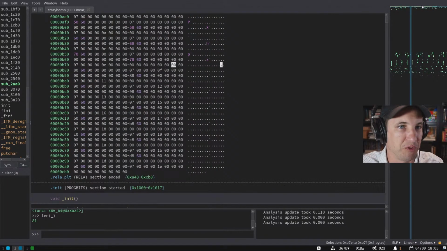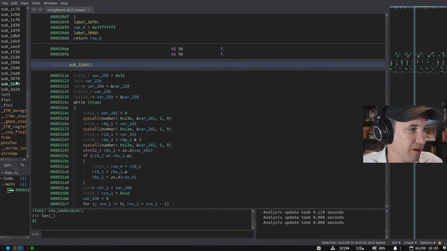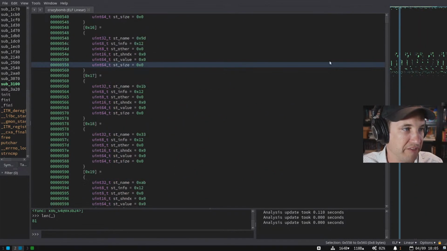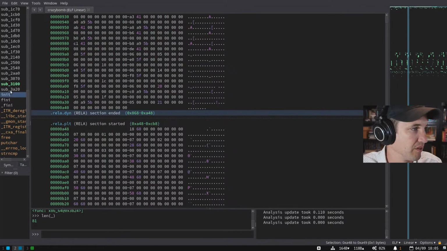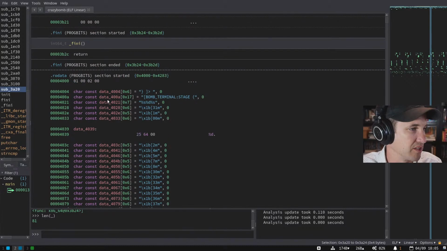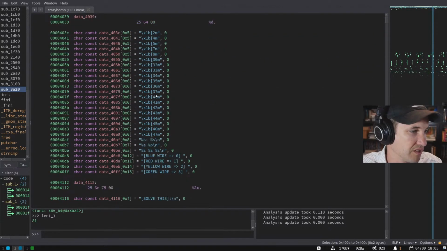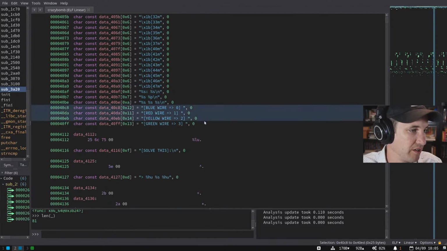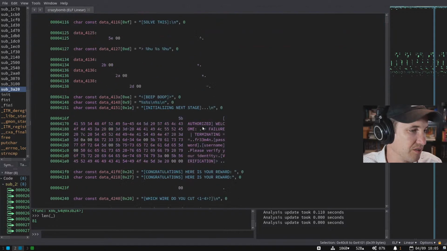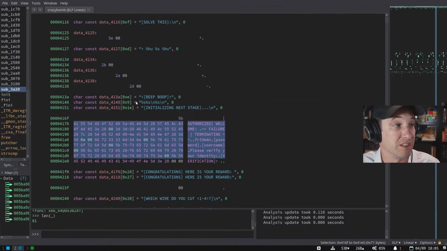All the actual functions live in this tiny little space of the binary. There are not that many functions. They're all up here, and no other functions have been identified. So let's go to the last function by address and scroll down, and we can see we've got a bunch of read-only data. We've got all these strings that we saw referenced. Blue, red, green wires, solve this. Okay, so yep. I'm looking through strings because I'm in the section that contains the strings, but